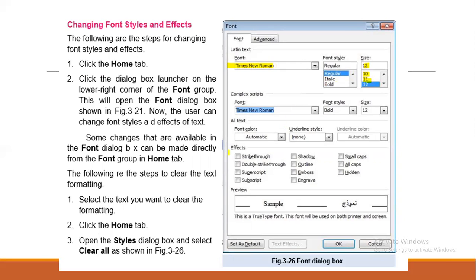Then there are some other effects available, like if we want to make all letters small caps or capital letters, or if we want to write some text in the base or in power, we use various options from this box. We will be doing it practically, then you will get it in a better way.